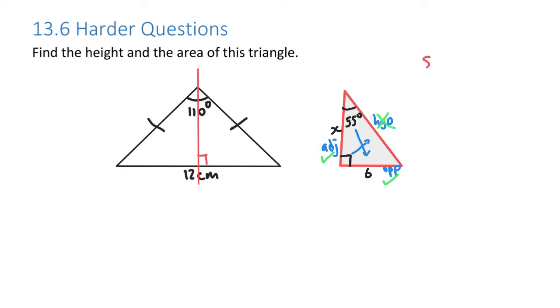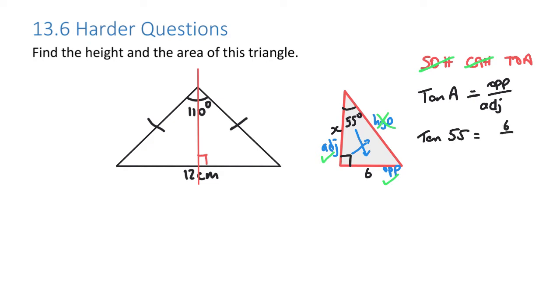So whenever we go to SOHCAHTOA, we can get rid of the trig functions which have a hypotenuse. So that's SO and CA, and we're left with TOA. So that means we're going to have tan of A equals the opposite over the adjacent. And we can put in our values. So we've got the tan of 55